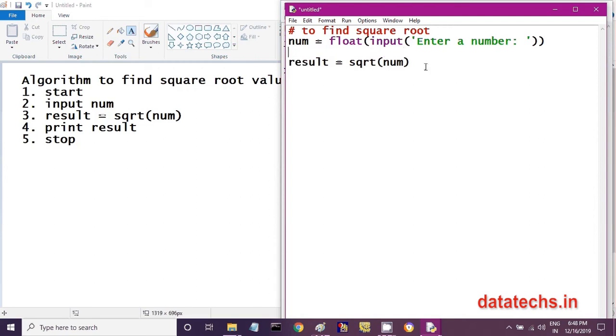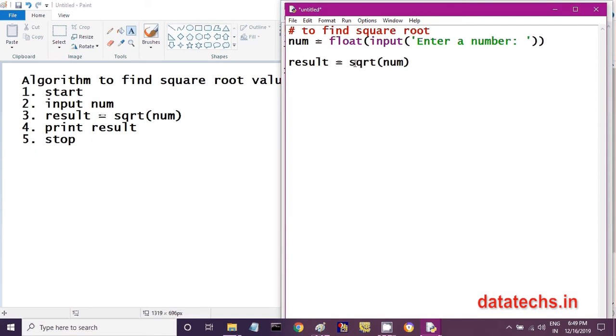But this sqrt function is a part of the Python libraries. That means the Python people have already developed the sqrt function and given it to us. What we have to do is use that function.